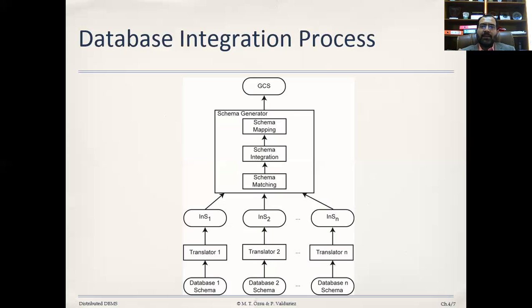And once your mapping is done, the global conceptual schema may be generated. So then we might have the global definition of the student, the global definition of the results, the global definition of the fee information, and the global information of the enrollment data. And then these three databases, if they are integrated, now they can work in the same manner. Otherwise,